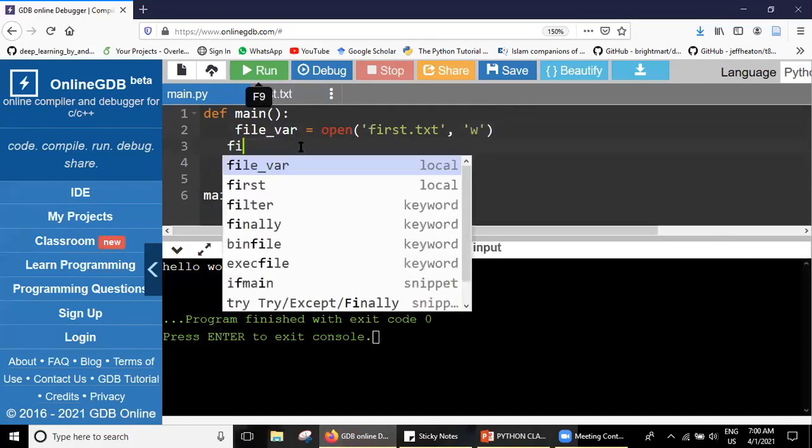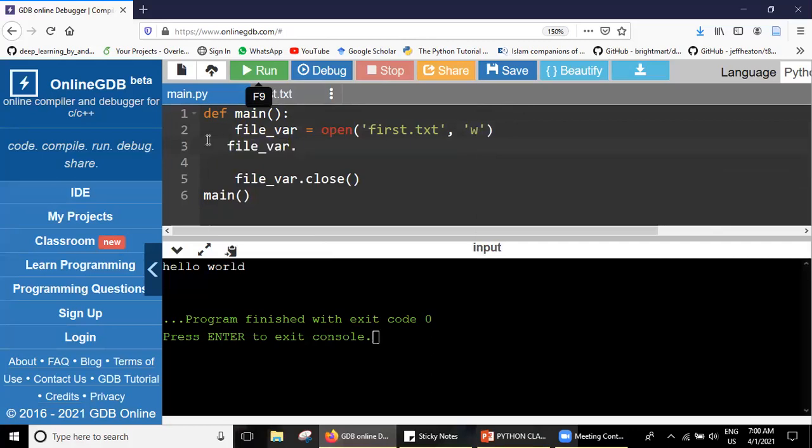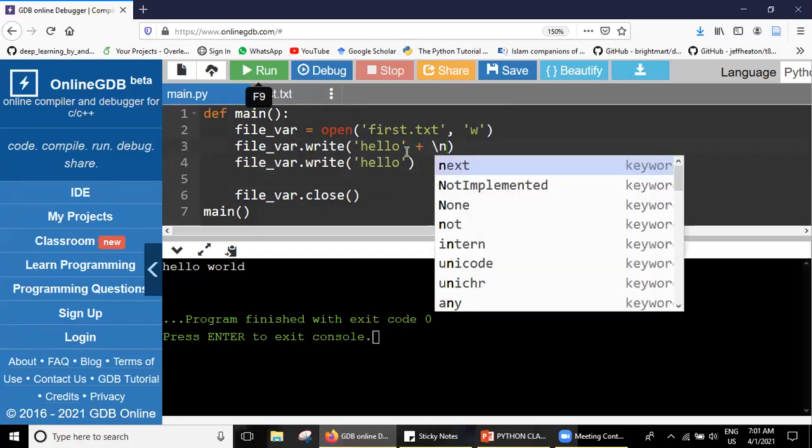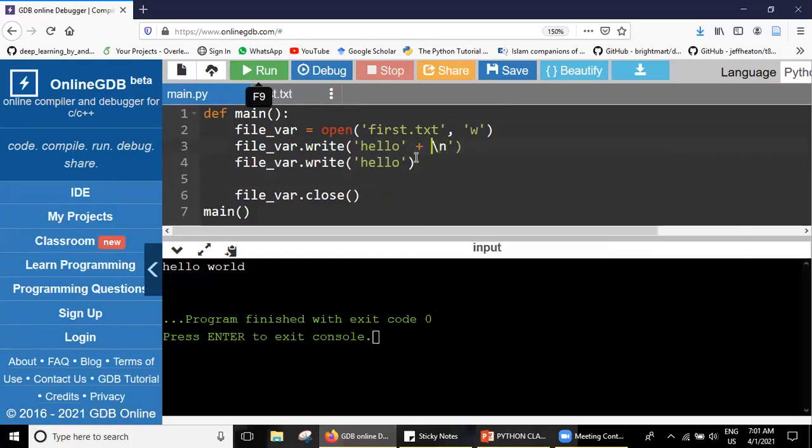This is our file variable dot write. Now I want to write something like this, hello, and then I add plus \n, which means that in the next line I write world.